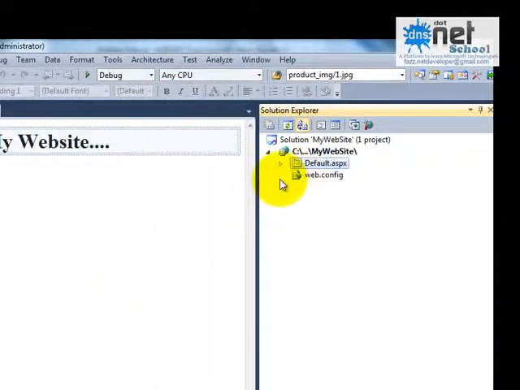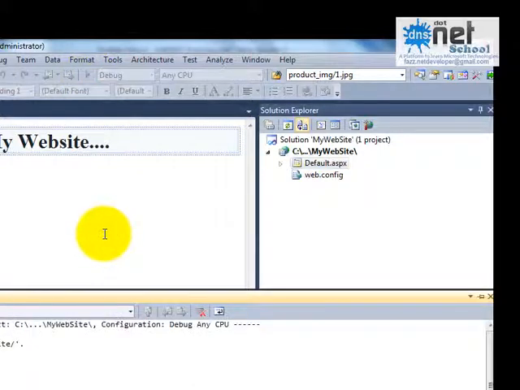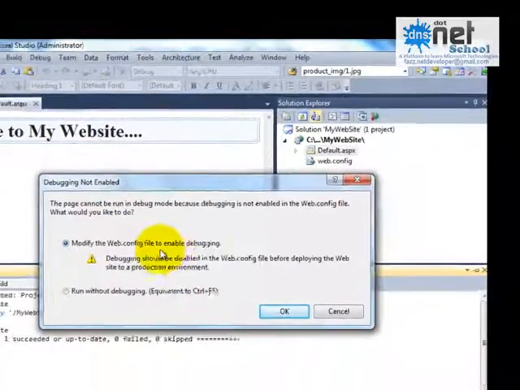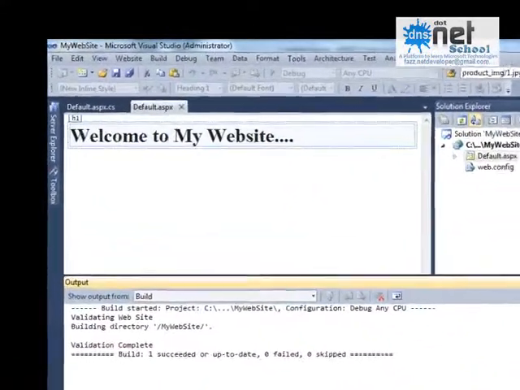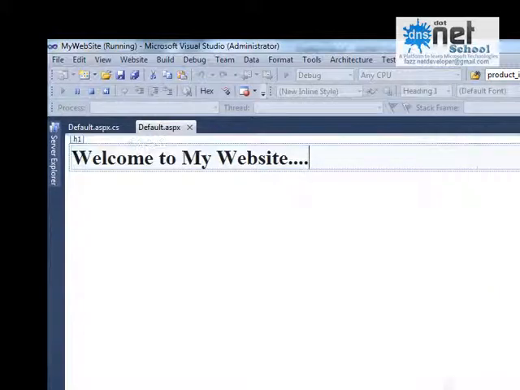So all you need to do is nothing but debug. It will ask you a dialog box, say yes, okay, modify the web.config file. You can see here an icon and information. It is telling ASP.NET development server started, and the path of that file what you are requesting is nothing but